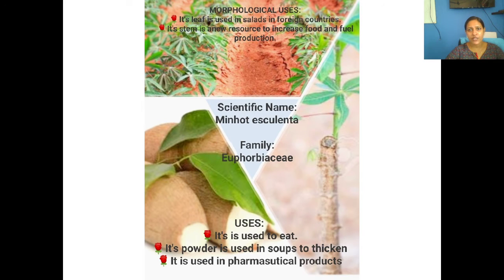families. And you have the tuber crops, that is our famous kappa, as we say in Malayalam, Manihot esculenta or Manihot utilissima. The leaf in some areas is used as a salad, and the basic important part is the tuber, that is a tuber yielding plant. They are used for cooking purposes, and this belongs to the Euphorbiaceae family.